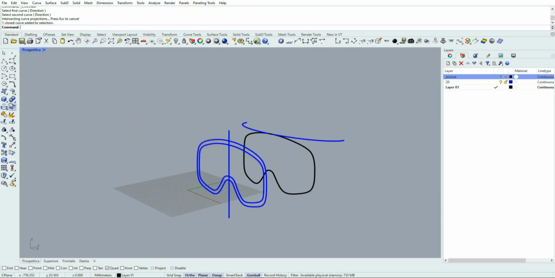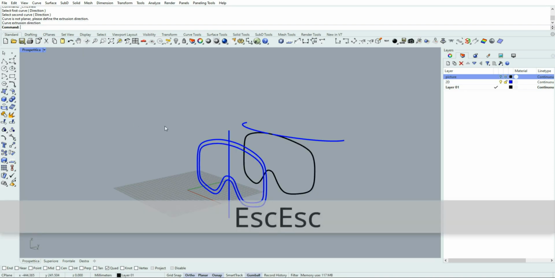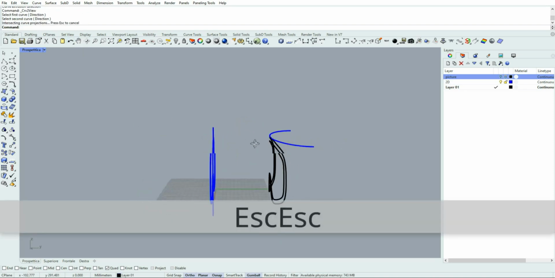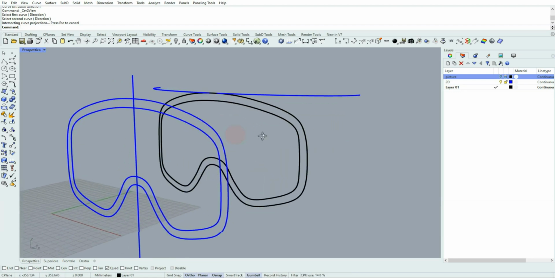Okay, redo it with the inner curve, and now this one, this curve, and this curve. Okay, and I get the inner 3D curve.